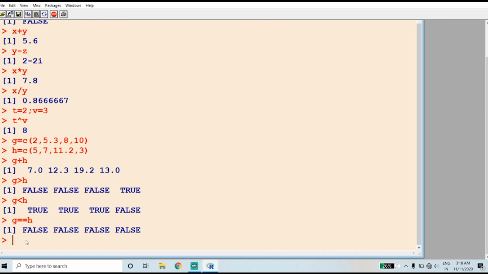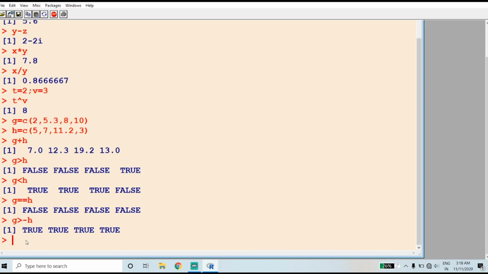Similarly, we can use greater than or equal to and less than or equal to. g greater than or equal to means g greater than symbol followed by an equal sign. Similarly, g less than or equal to h.